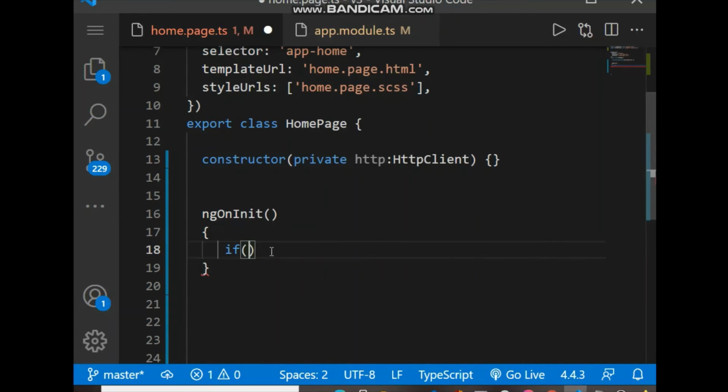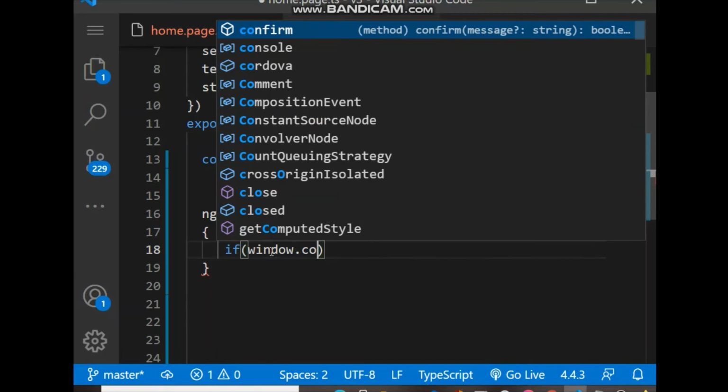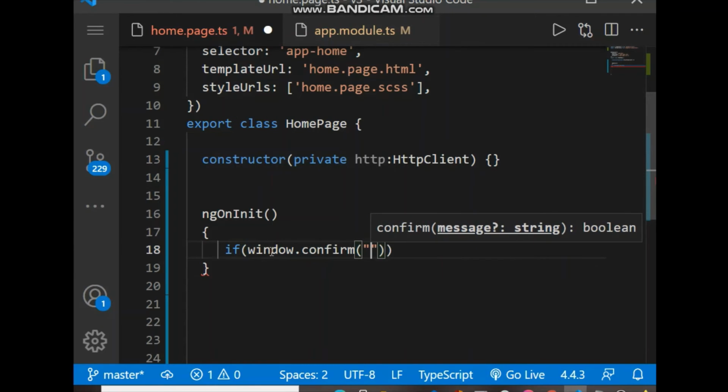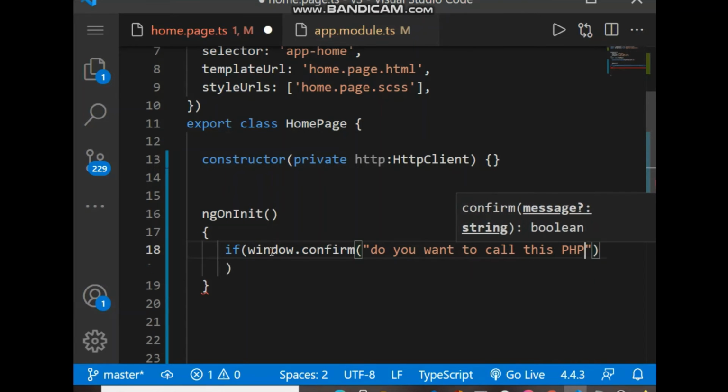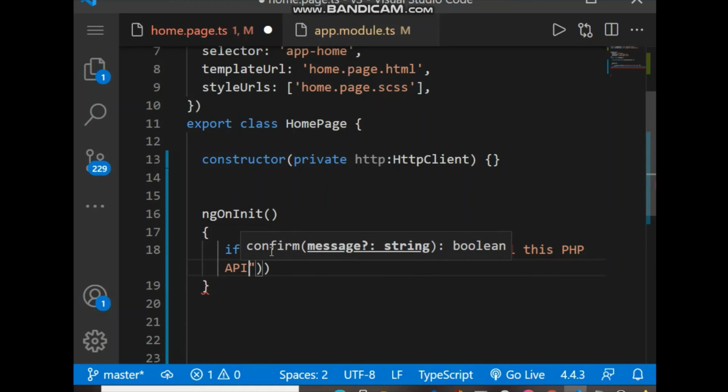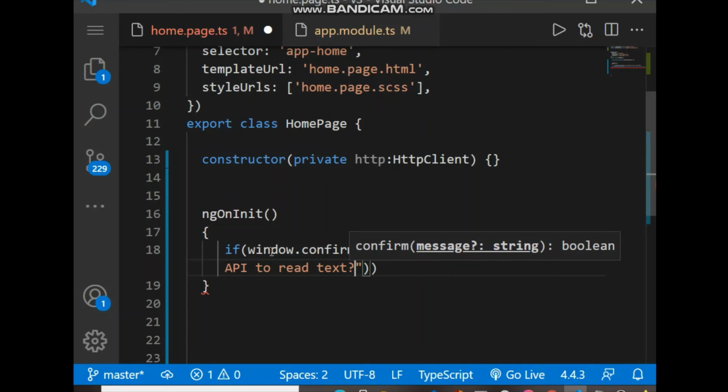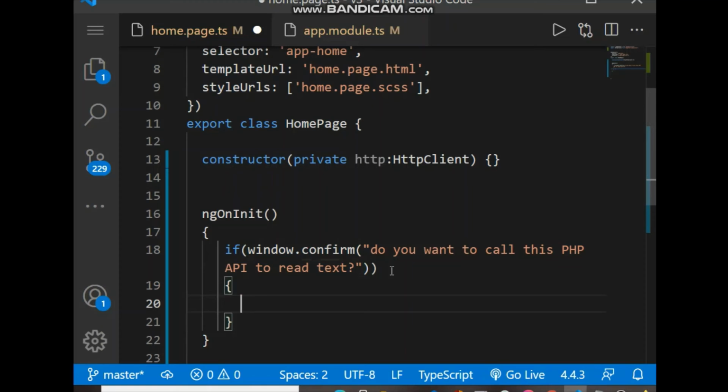So first add some permission, window.confirm: Do you want to call this PHP API to read text? If the user clicks OK, then this code will be executed.